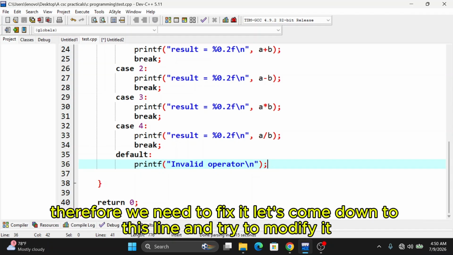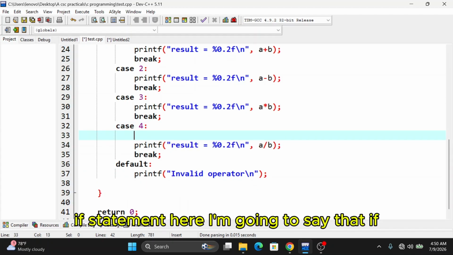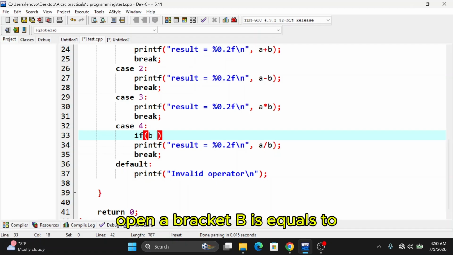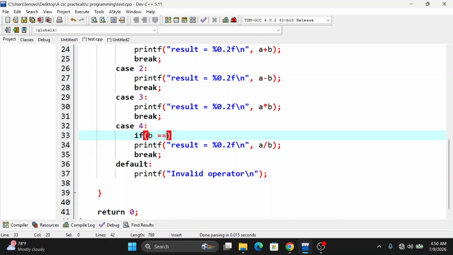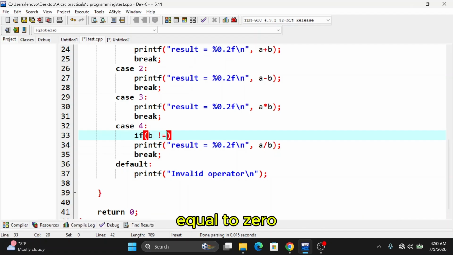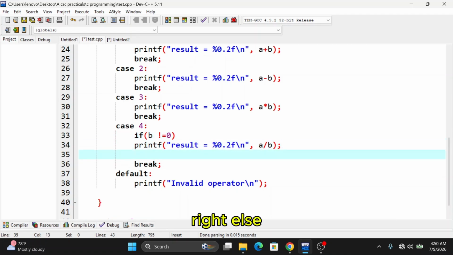Let's come down to this line and try to modify it. So I'm just going to put a simple if statement here. I'm going to say that if, open a bracket, b is not equal to 0. Let's do it that way. If b is not equal to 0, printf answer is this, right? Else,